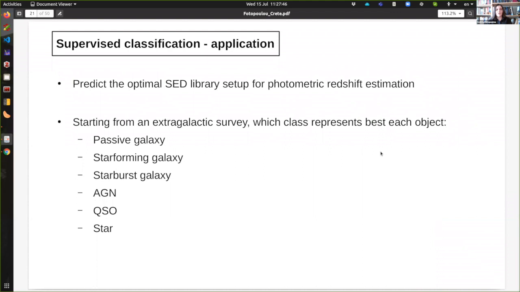The application of machine learning, the supervised machine learning, for me has been to identify the optimal photometric redshift library setup for any given galaxy population. This is an extension of the work of Mara Salvato in the COSMOS field. The hope here was to do it in a very automatic way that is applicable for all future surveys. So the idea here is we try to extract the different kinds of galaxy classes,